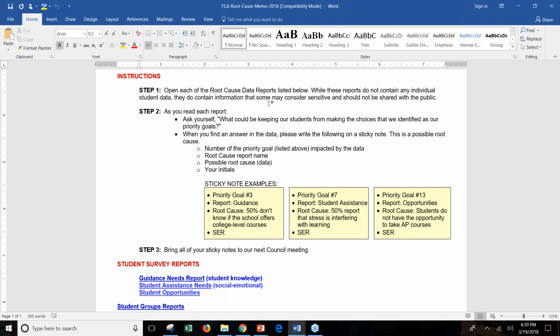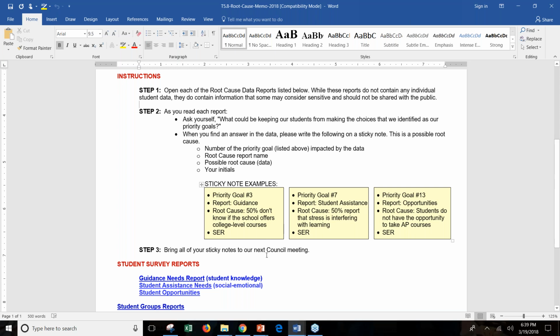Again, there's no individual student data, so in terms of the FERPA regulations, you're fine. Then we're saying to your council members, as they read each of the reports in step 2, ask yourselves what could be keeping our students from making the choices that we identified above. When you find an answer, please write down this information on a sticky note.